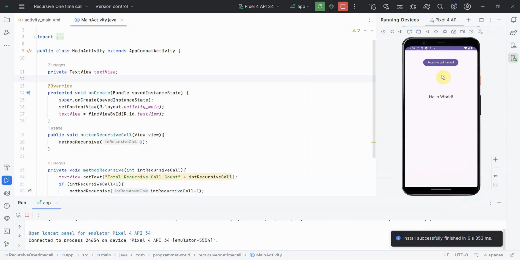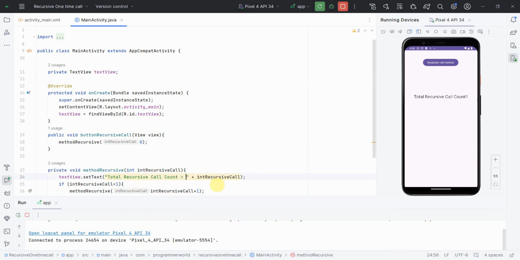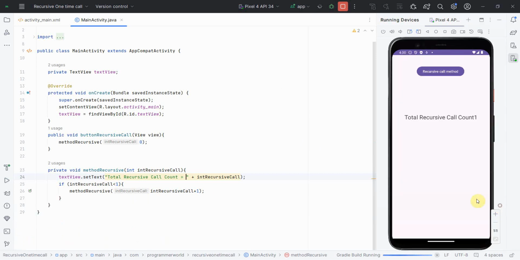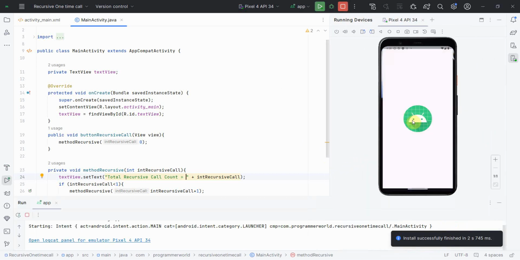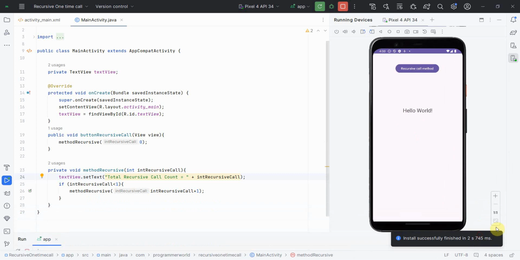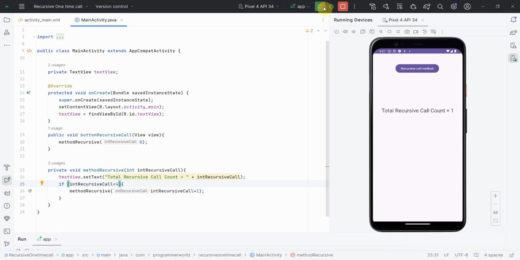So this is the initial window. Total recursive count. Okay, I think I didn't give much space here. Like this could be a better one. Total recursive count is the one. That's what I'm expecting. So say for example, if you make it 4, it will run for 4 times